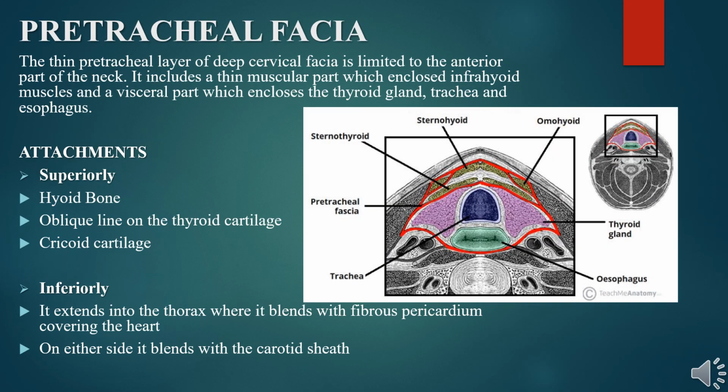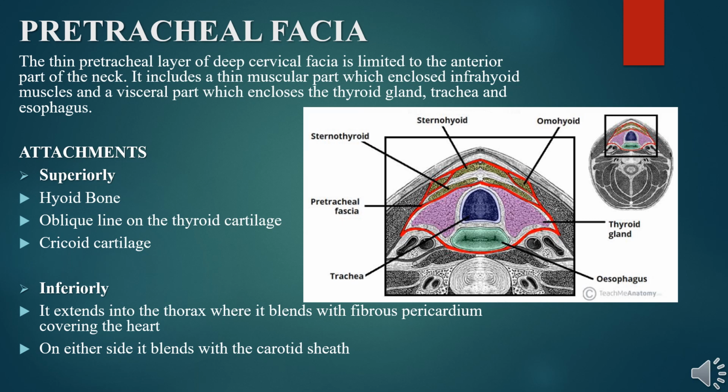Now the pre-tracheal fascia. The thin pre-tracheal layer of deep cervical fascia is limited to the anterior part of the neck. It includes a thin muscular part which encloses infrahyoid muscles and a visceral part which encloses the thyroid gland, trachea, and esophagus. It extends from hyoid bone to the thorax. Its attachments are: